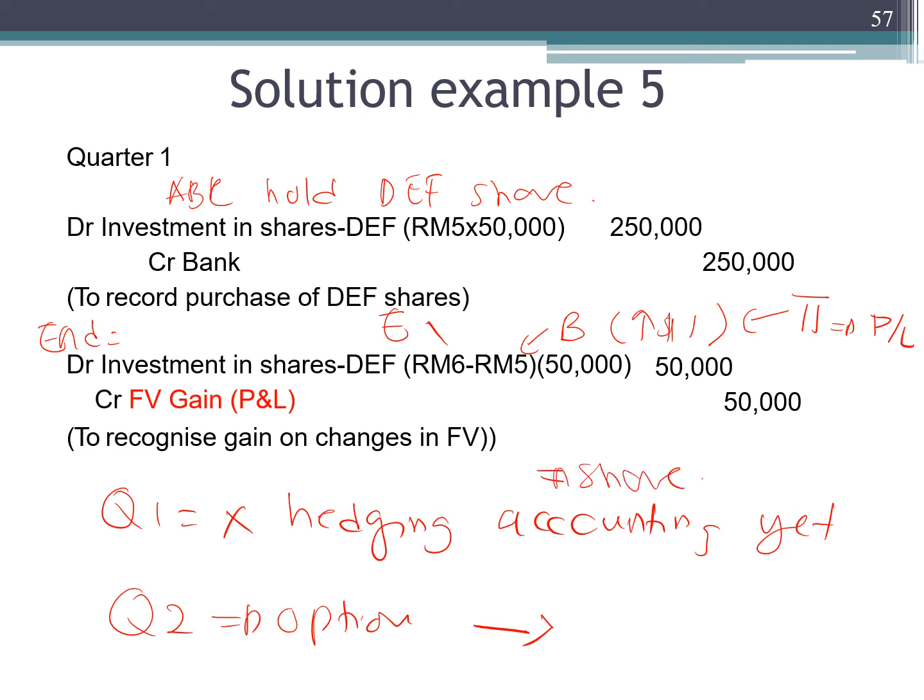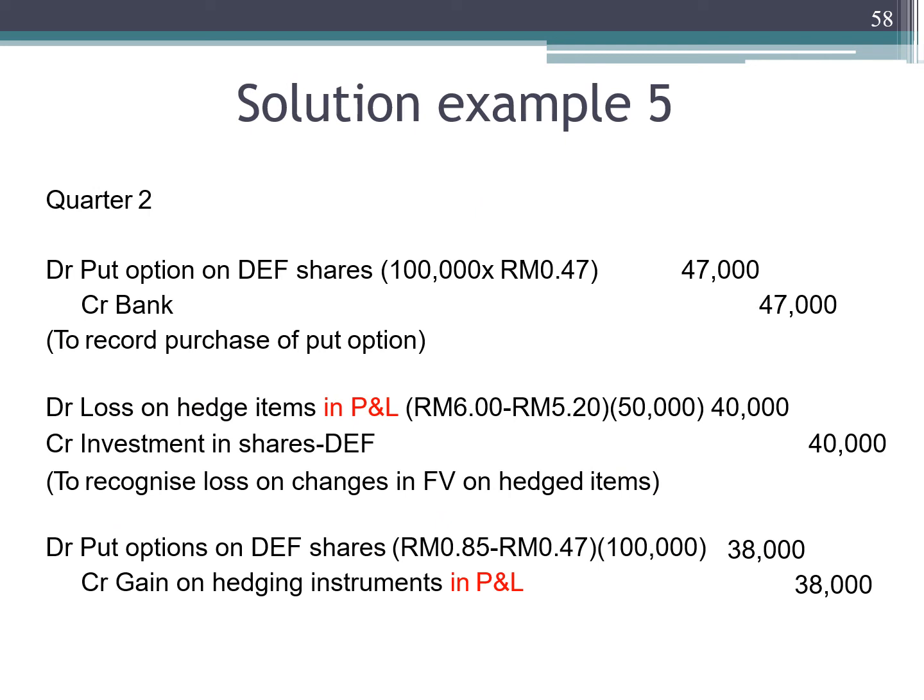So it means that you don't fulfill the criteria of a hedge. Your shares here are the hedged item. You only have the hedged item, you don't have the hedge instrument. When you come to quarter 2, then you're going to have the hedge relationship, because now you have both the hedged item and the hedge instrument. Starting from quarter 2, we're going to start hedge accounting, because during this time we fulfill the criteria that we have both hedged item and hedge instrument. So in quarter 2 here, we're going to